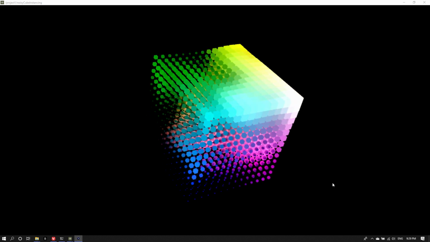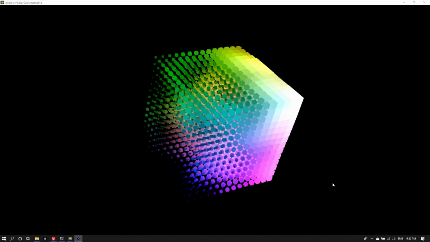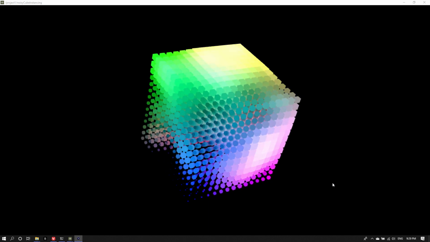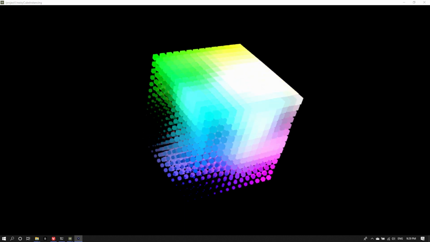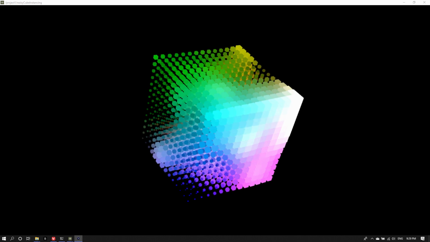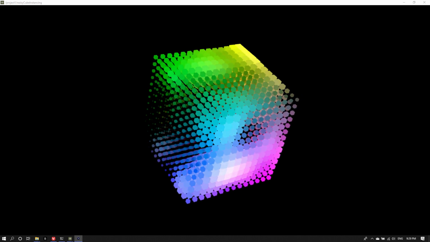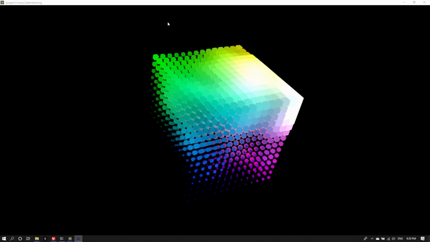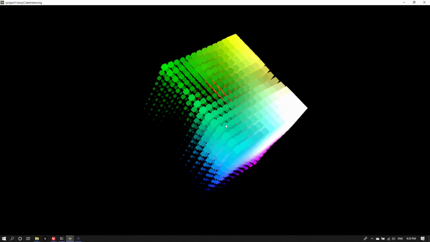So for the first part of this point cloud workshop, we will be looking at instancing. If you already know what instancing is and how it works, you can easily skip this part, but as it's such a cornerstone for dealing with point clouds, I thought it might be a good idea to look at the why and how of instancing.